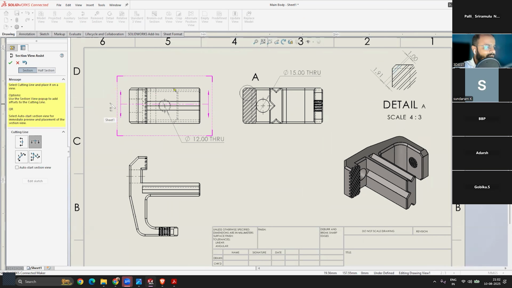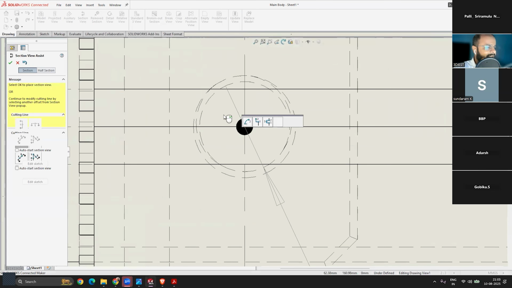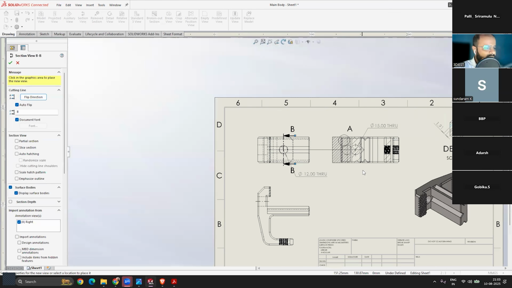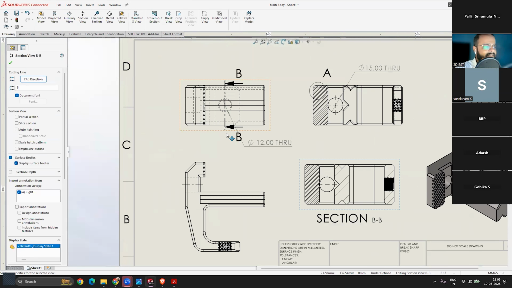Right now the horizontal section is activated by default. So if we change this view to vertical section, and click on the center of this circle, and click on finish, and now if you drag, you can see I'm able to move only in the right and left direction. I cannot move it anywhere around the drawing space, but we want to keep this view over here. So we have to press the control key one time, and then we can place it anywhere on the screen.